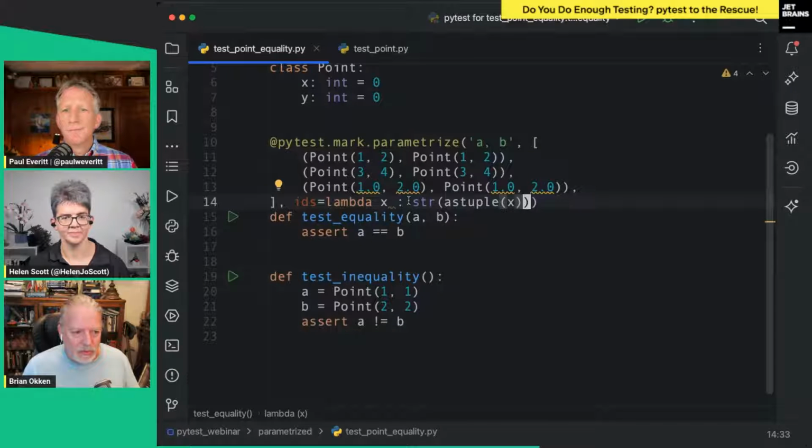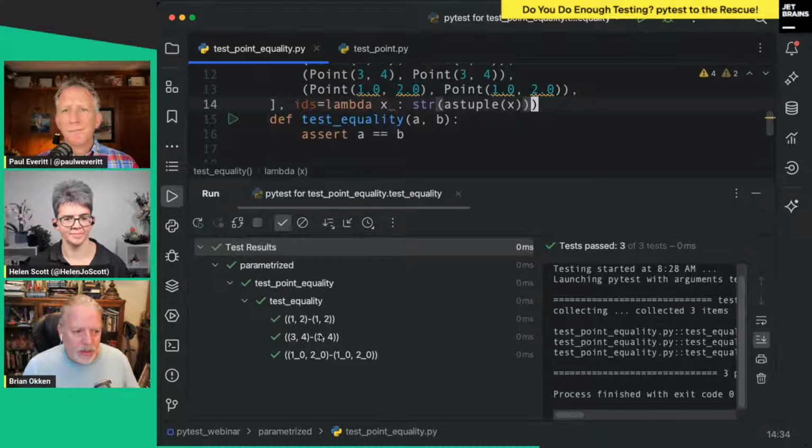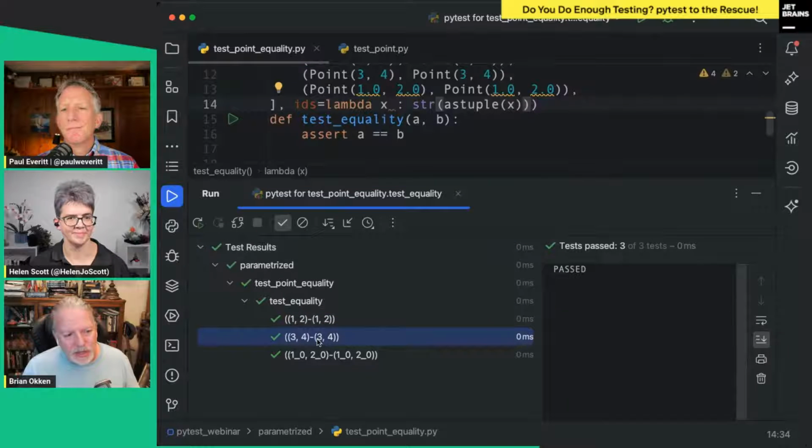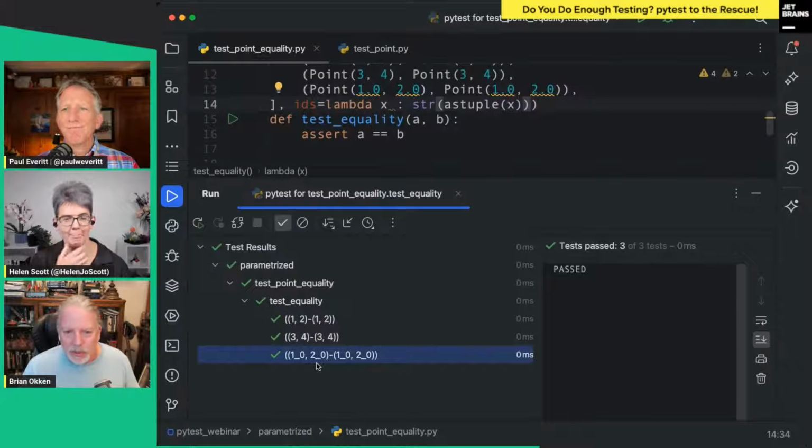Let's see if that works. Do we get all the parentheses lined up? Yay! Okay, so now I've got my test cases that are named for exactly what I passed in.